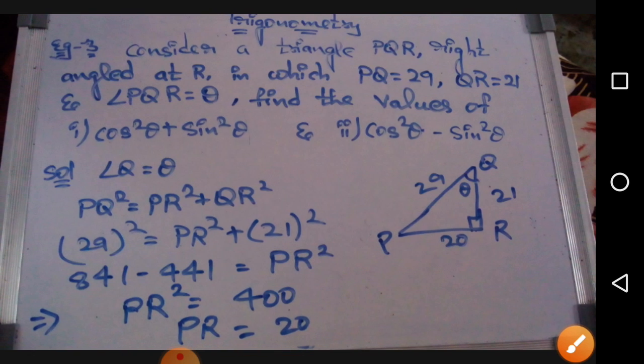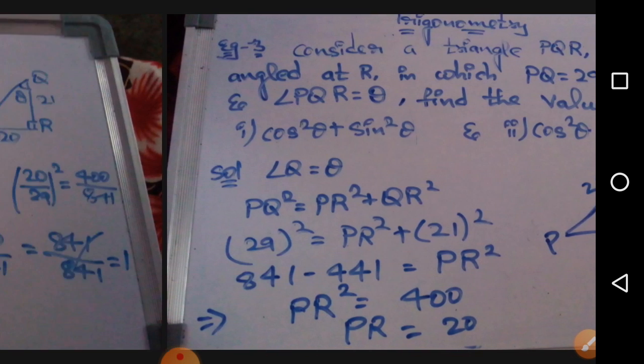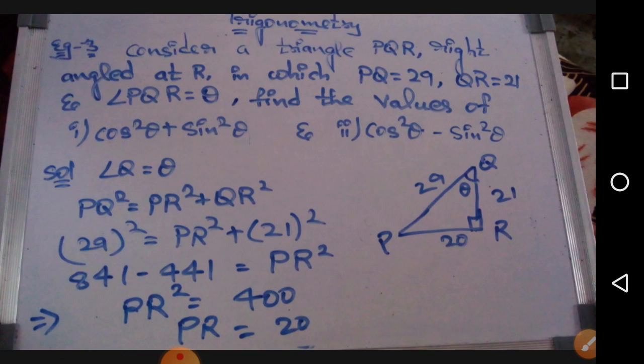This is about your first example, and I have not included the second example. The reason is it is from the topic of similar triangles, so over there you'll find the same, and I'll let you know why it is included in trigonometry. The reason is if two triangles are similar, then their angles should be similar, and there is a concept of angle in trigonometry, so that is the reason why it is included. I'll explain that example when we discuss the triangles chapter, that is similar triangles.